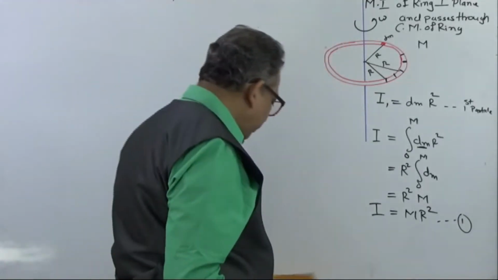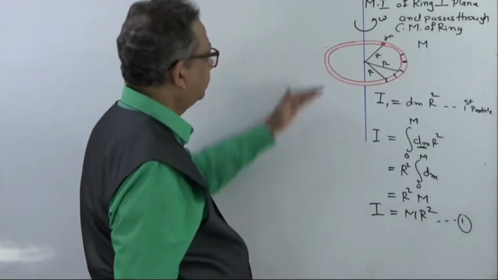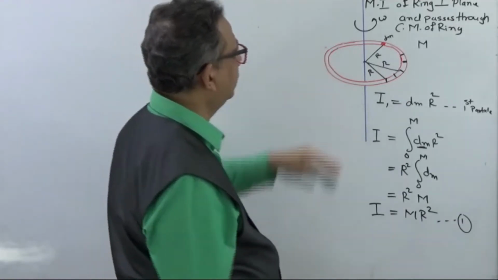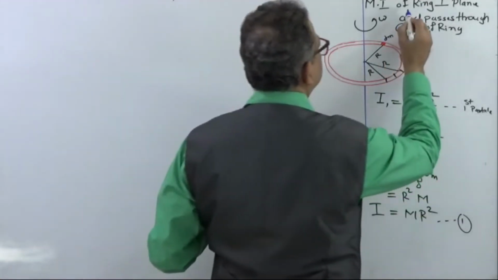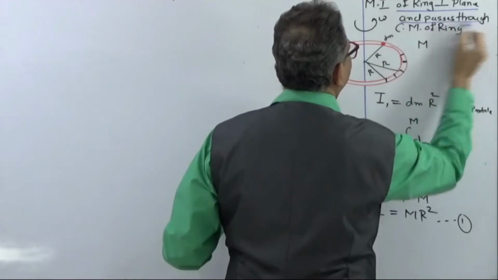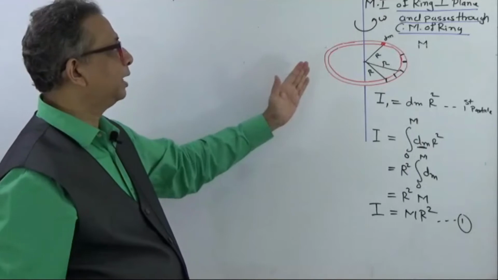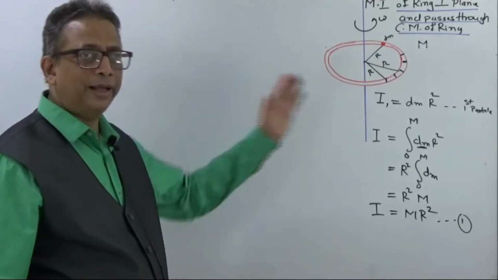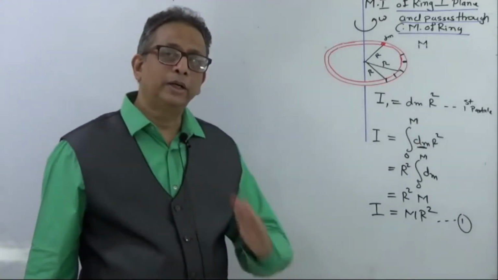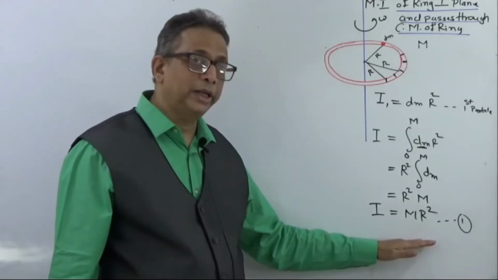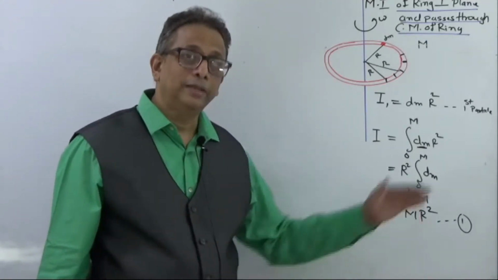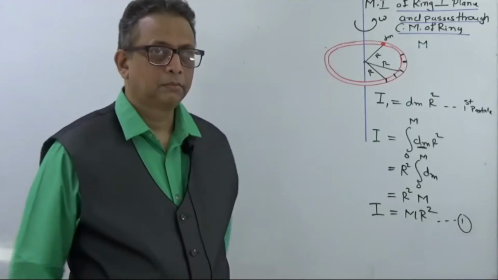So therefore here we have found out the moment of inertia where this is the description of where the axis is placed. This is very important. It is the moment of inertia at what axis? At different axes, as I have said, the equation is going to change. It will not remain mr square, that we are going to see.